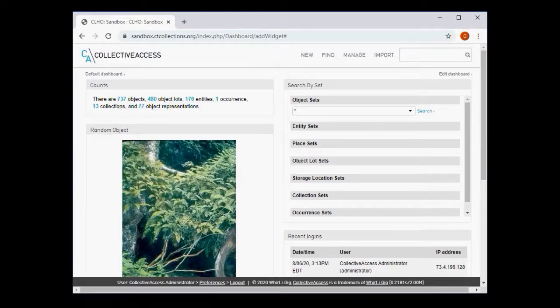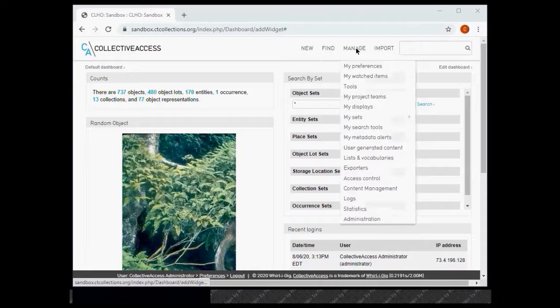So next we're going to talk about adding new logins. Once you receive your initial administrator login for your institution's instance, we're going to want to add additional users. Different people, different positions at your institution may want to have different security levels, different setups, and that kind of thing. So in the upper right, we're going to go to Manage, Access Control,